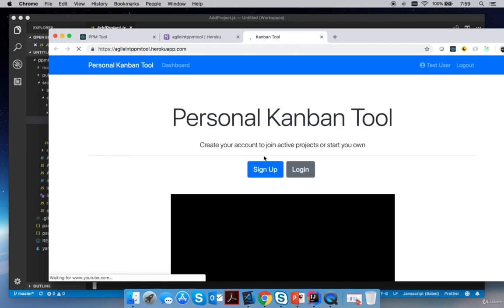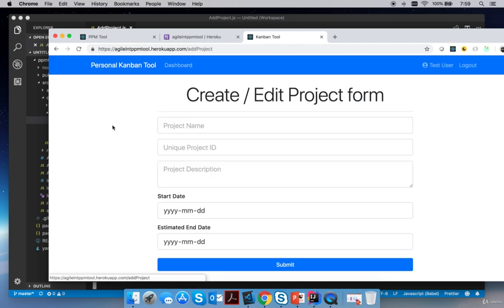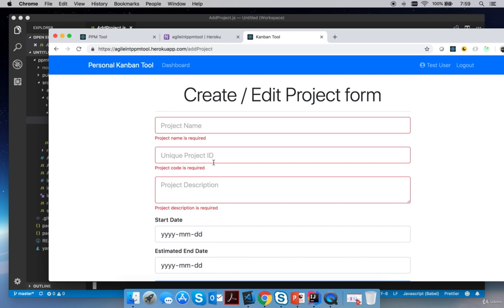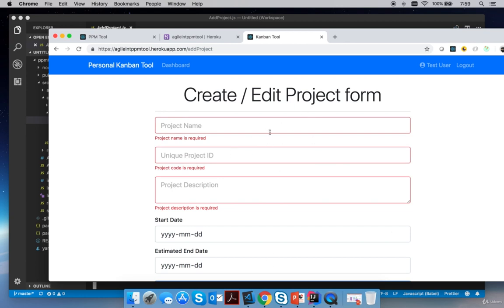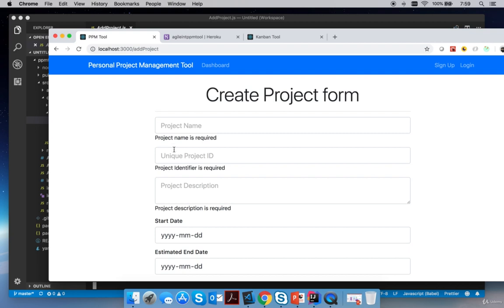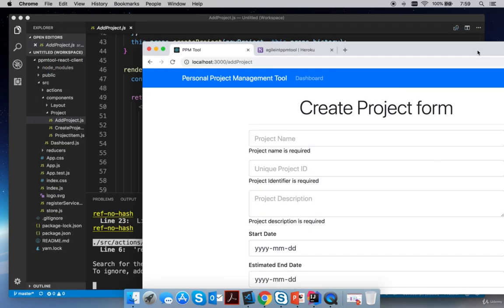So I'm just going to go to the app. I'm going to go to the dashboard, create a project, and then we're going to implement this, right? That they go away when we refresh, and that they actually give us a warning here. This looks a lot better than what we have right now, which is just this black and white error message. Okay, so that's all we're going to do in this lecture, because in the next one we're going to start wiring up